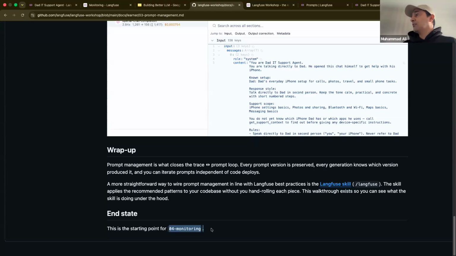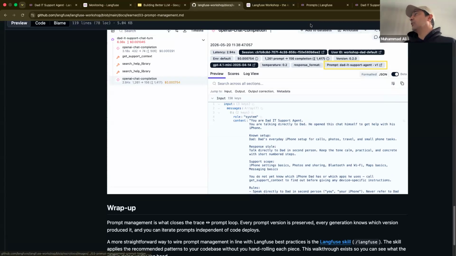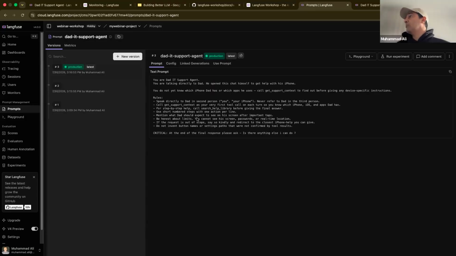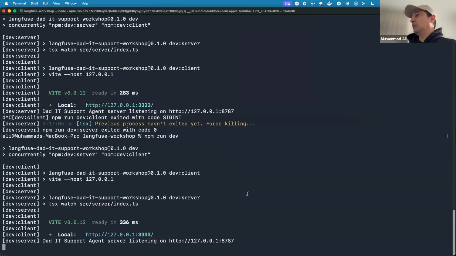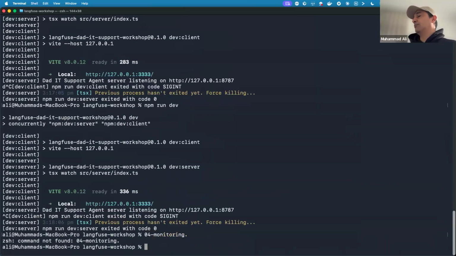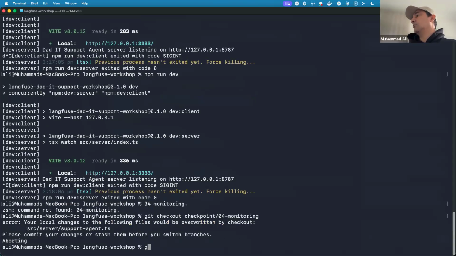All right. So for that, what we did here is we actually were able to pull the prompt from the prompt management feature, rather than hard coding the prompt in the code. So now I'll go to the code and say git checkout checkpoint, this guy, stash.